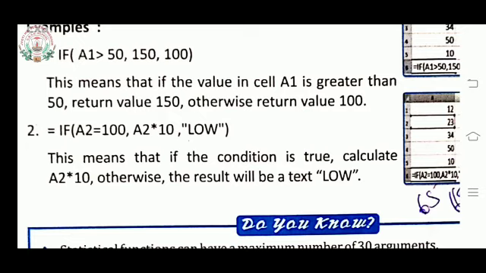And if it is not equal to 100, if suppose it is greater also, if suppose it is less also, whatever may be the value, exactly it is not equal to 100, then you want low, LOW, to be printed there. If you want to print a word or a sentence or alphabets, whatever alphabet you want to print, then you have to use double inverted comma. If you are going to print the numbers, you do not require the double inverted comma. Or as such, if you want to print something, you use the double inverted comma.